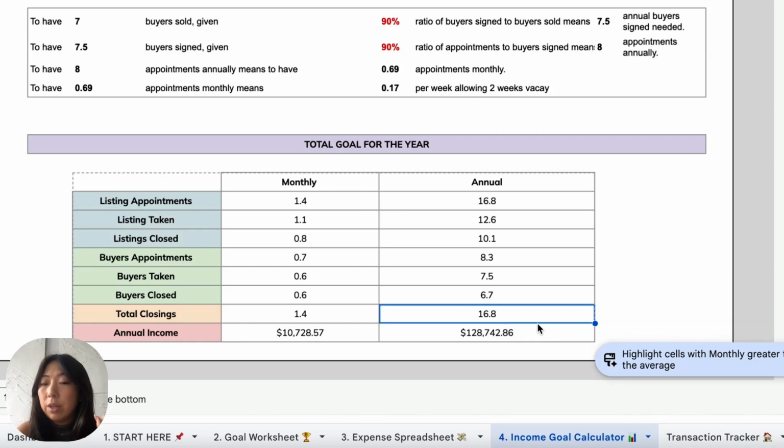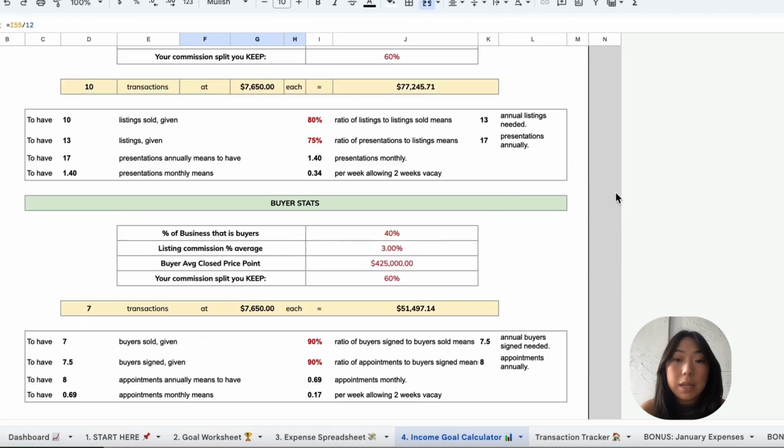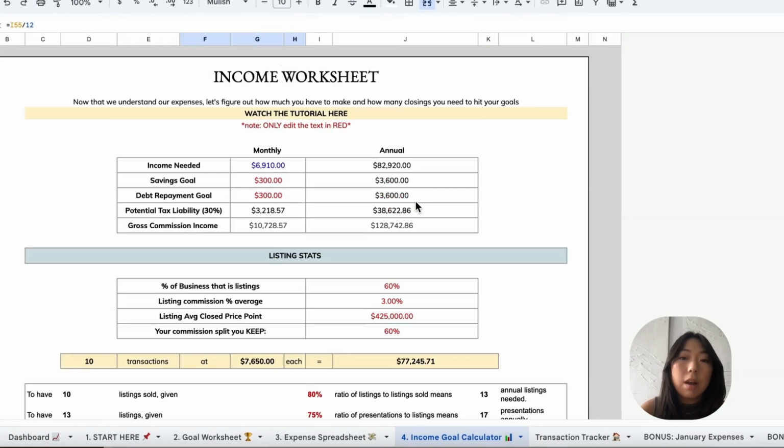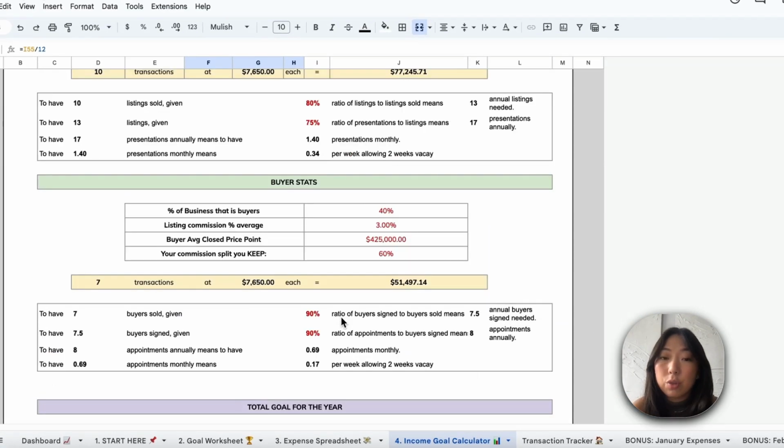And for the year, you'll need around 16 to hit your annual goal of 128,000, your monthly goal of right around 10,000. I hope that helps and gives you some clarity in terms of your expenses, as well as what you would need to hit all of these goals and what numbers you can track on a monthly basis. And in the next spreadsheets, we'll go through tracking your transactions and looking at the full